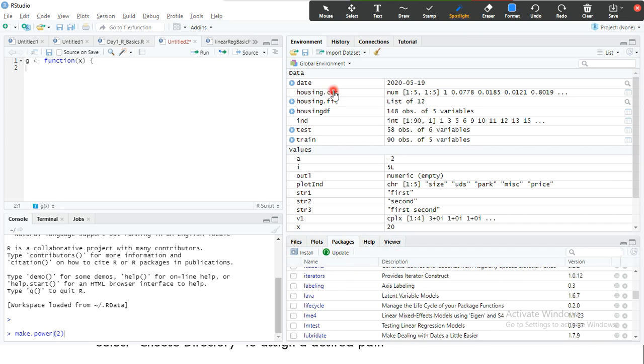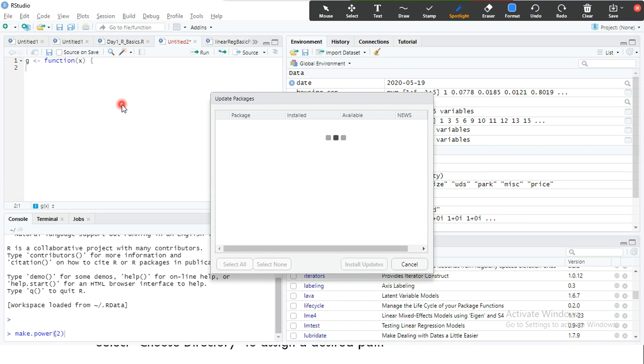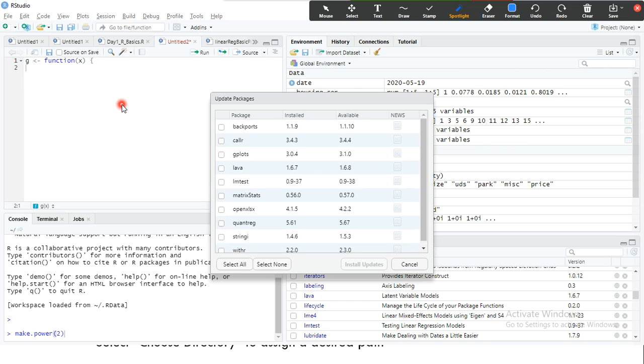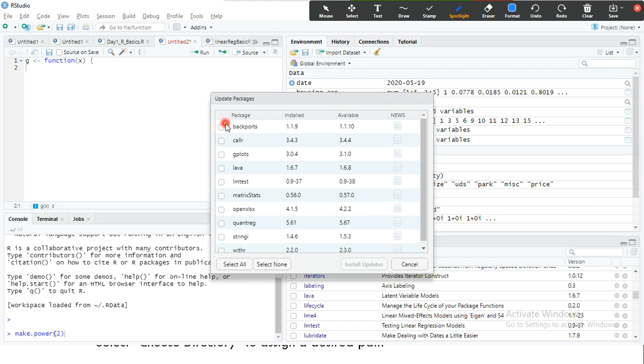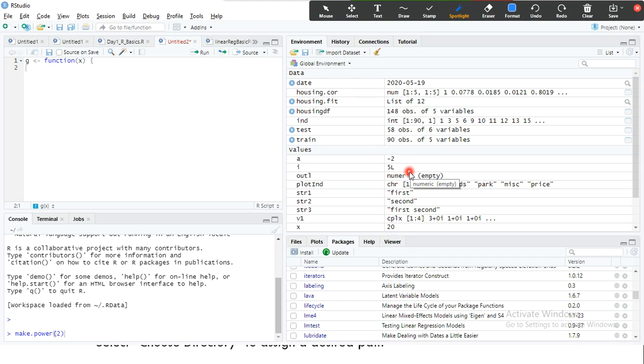Packages are nothing but a collection of functions, and also they can have classes, methods, functions, and data sets, everything. It is a collection of everything, the packages. And these are the packages already installed, but there is also the latest release of the same packages available. If you want to upgrade, see, this package got installed. Now recently, someone made some changes to this package and released it. If you want to upgrade this package to the recent one, click install updates.